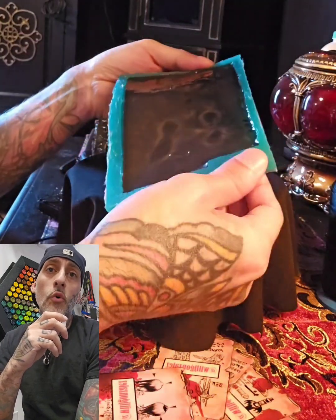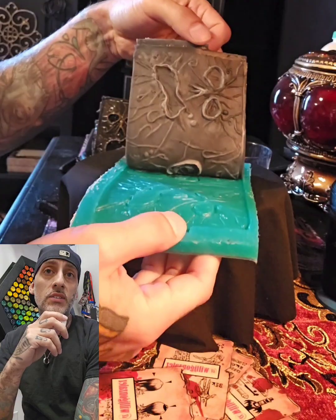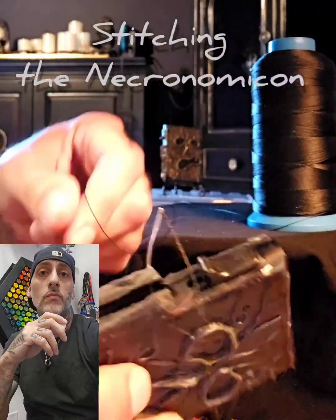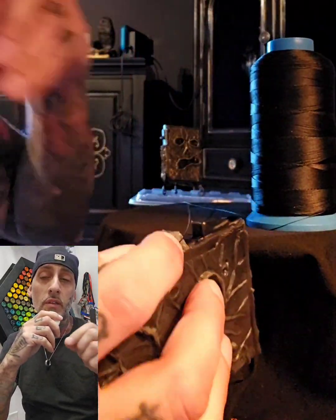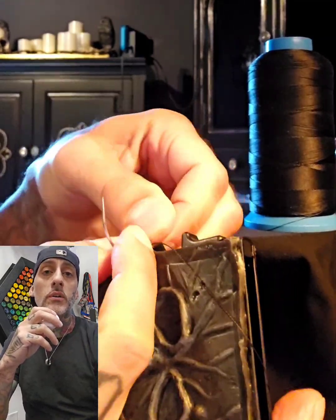And after about 24 hours is when I demold the latex Book of the Dead here, and not too many bubbles, not too many flaws, so I was pretty happy with it. The next step is actually stitching the connecting point, kind of like the binding of the book. And I thought this was a really cool